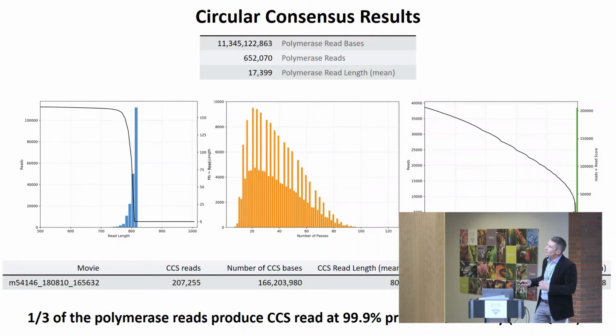Our target insert is about 811 base pairs, and then there's some distribution, but the majority of them fall into that category. There is a second peak here. Some of the groups have a deletion of about, I believe, 9 nucleotides, so then they fall into a shorter category. But there is a range of the polymerase reads,